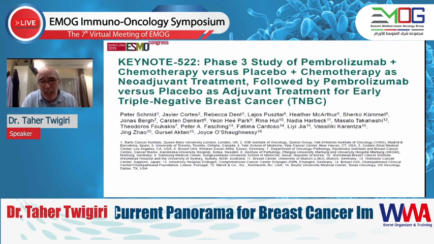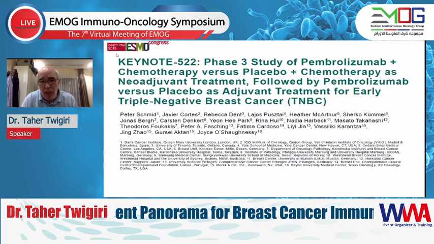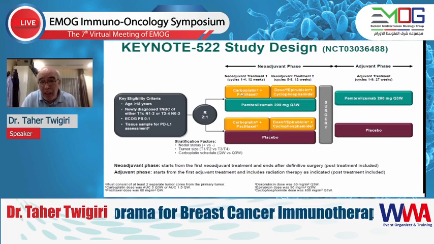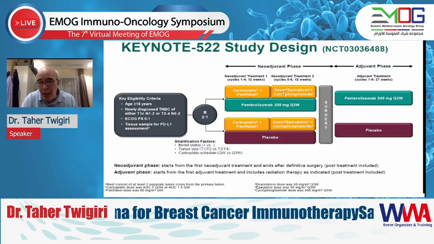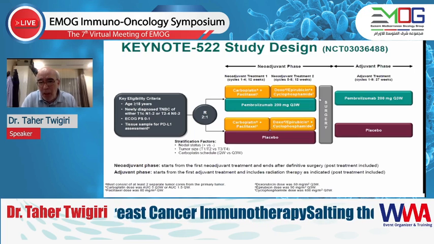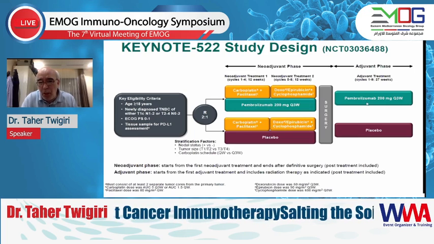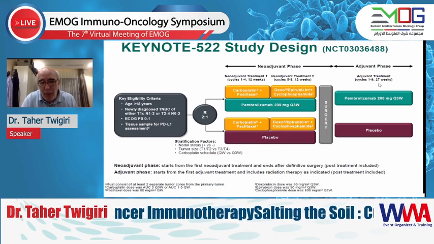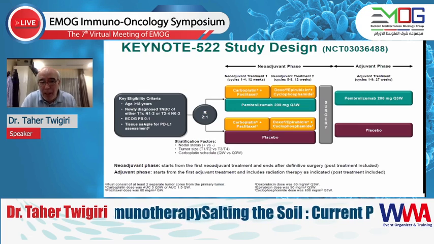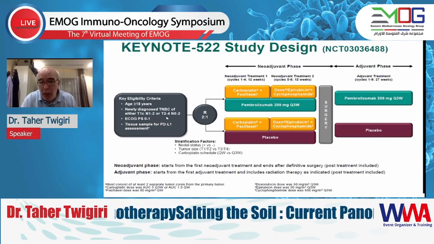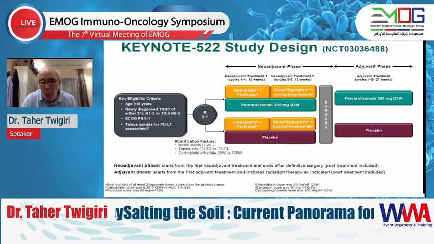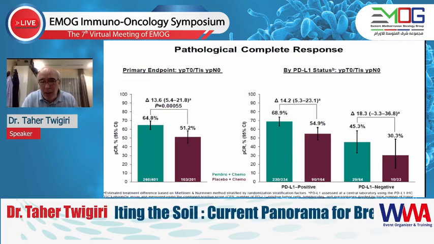Now, this is Keynote 522, presented in Barcelona 2019, the same issue as that. It is carboplatin and paclitaxel, then doxorubicin or EC with cyclophosphamide, Pembro versus placebo. They have surgery, and then they continue this one for 27 weeks. The same neoadjuvant patients, T1 high risk and N1, N2. Also they include T2 up to T4, and also N1 and N2. Now, as you can see here,